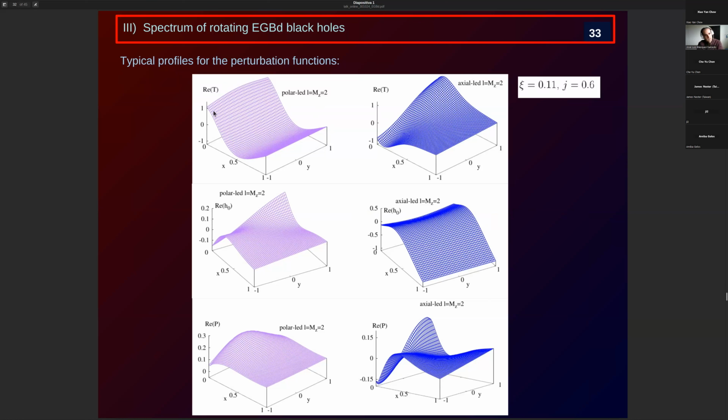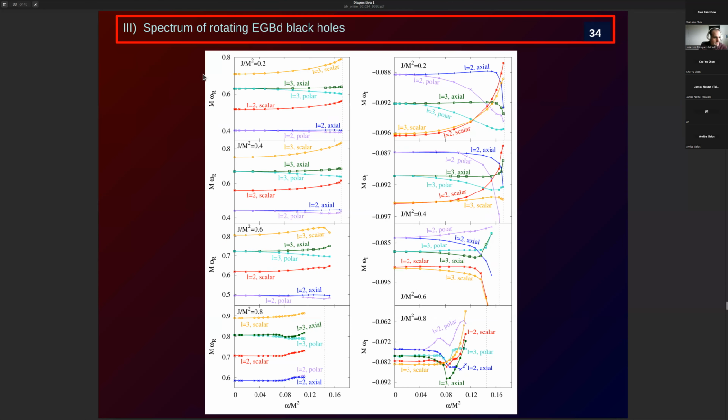And now you can start to do a more quantitative analysis. Here in this very scary figure, I show you a lot of data, but let me break it down a little bit. On the left, I show you the real part as a function of the coupling. In each panel, different values of the angular momentum. And on the right, the imaginary part, same idea. For different values of the angular momentum, how the imaginary part changes with the coupling.